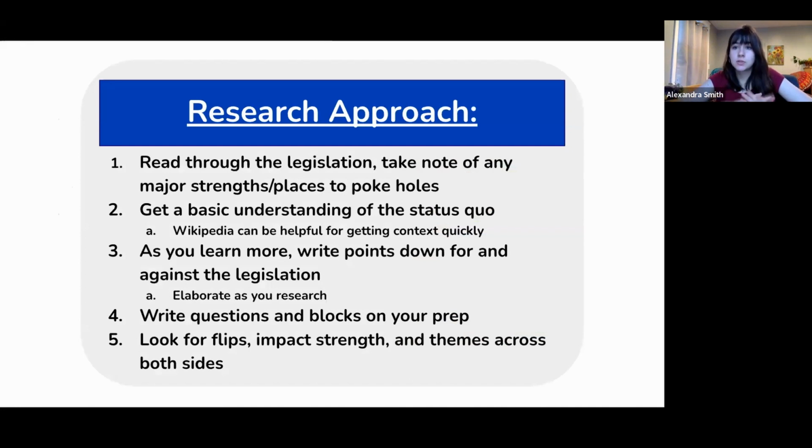Research approach. So throughout the legislation, take note of any major strengths or places to poke holes. Get a basic understanding of the status quo, so like what's happening in the actual world. Quick tip, Wikipedia can be helpful for getting context quickly, but should never be used as a source. I have heard of it as a source. I personally used it whenever I would find legislation that I just had no idea what the heck it was on. I would go to Wikipedia, read the page, click a couple links,